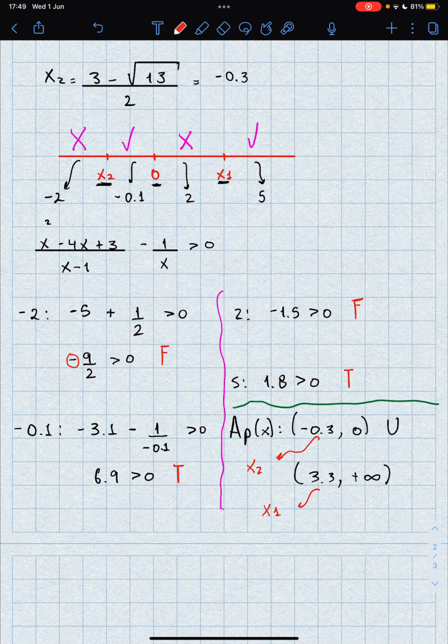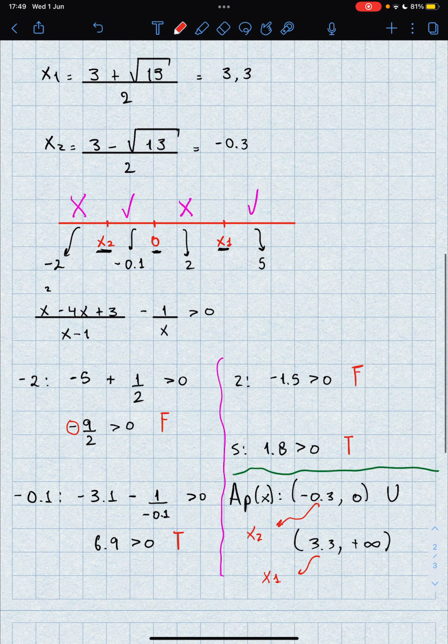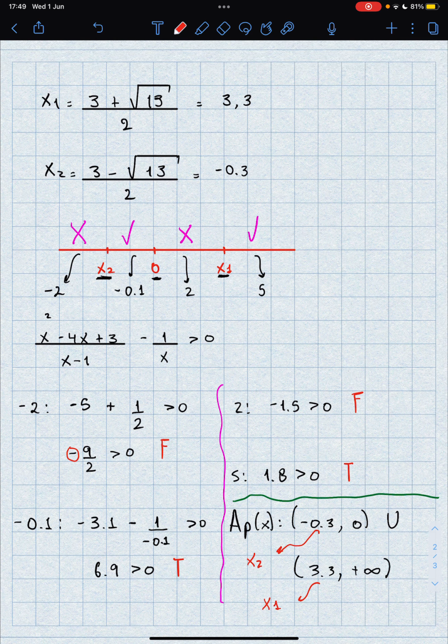Maybe you can ask, okay, Andres, but what happens if I include x1 and x2, right? What would happen is that the equation says greater than 0. If we plug x1 and x2 in this equation, the result is gonna be 0,